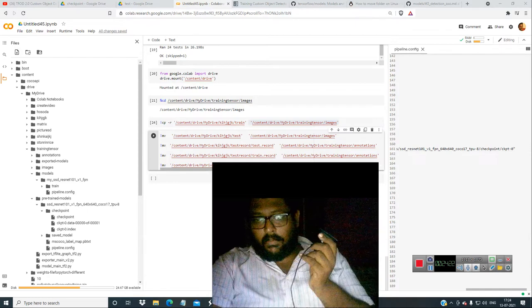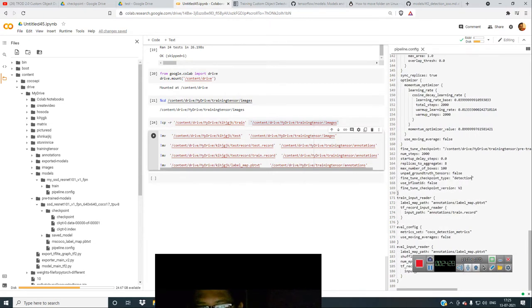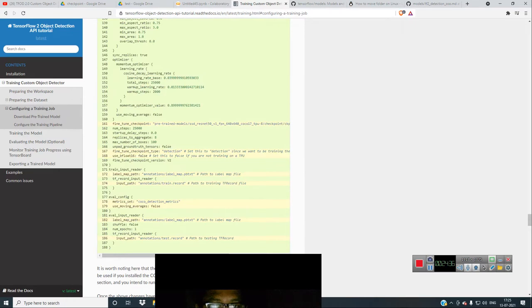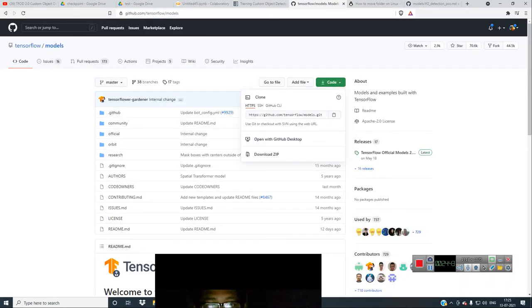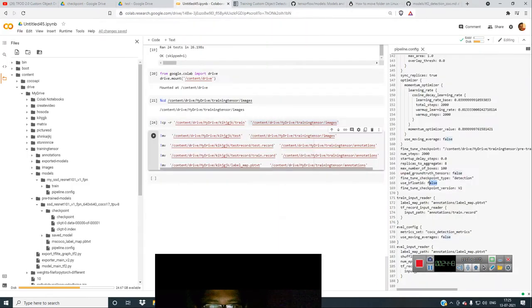So sorry, the next one would be whether this is a classification model or a detection model. You have to define it like that. So in here you have to give it as detection and give bfloat as 16. So this is what they have been telling over here. So in here you have to give it as detection and bfloat as false. Okay, so the only thing is that you have to download the model from here, and you have to upload it in this thing, and the pipeline config we have given the CKPT point.